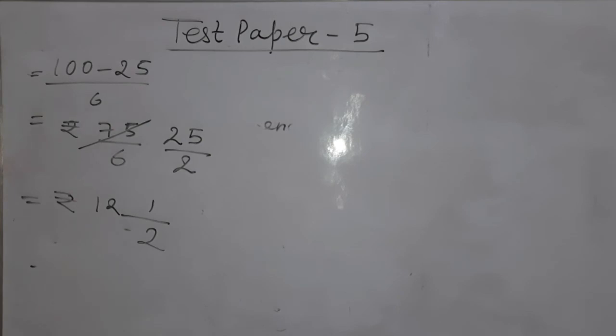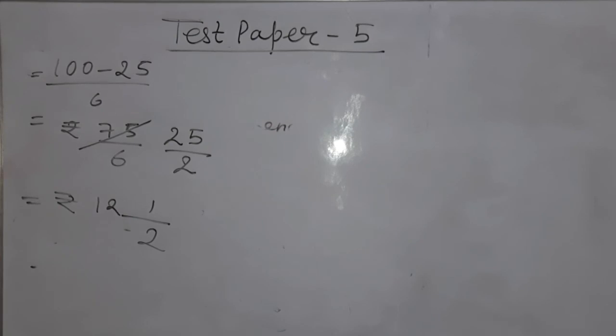Now the next question is: convert the fractions 1 by 2, 2 by 3, 4 by 9 and 5 by 6 into like fractions. So how to convert the fractions into like fractions? Take the LCM of the denominators and then the fractions will be converted into like fractions. So this also you have to do in your maths classwork copy. Question number 7 you do not have to do, because that is already done.